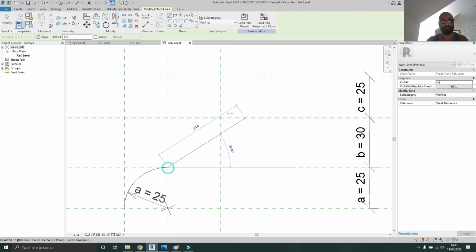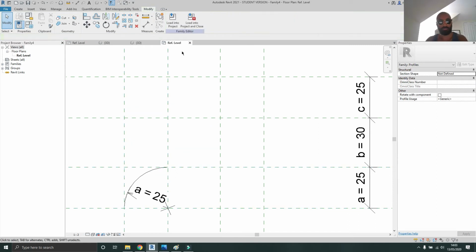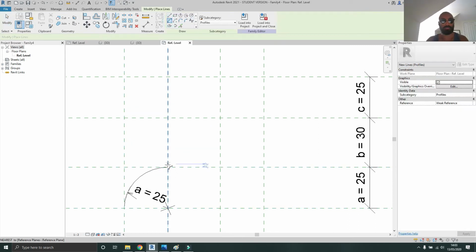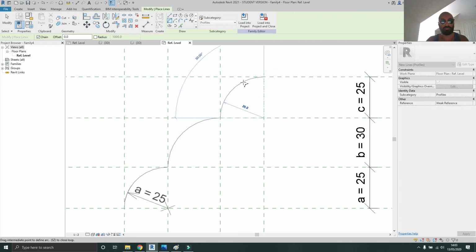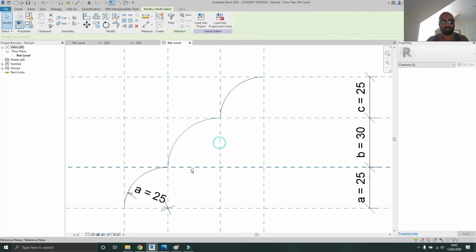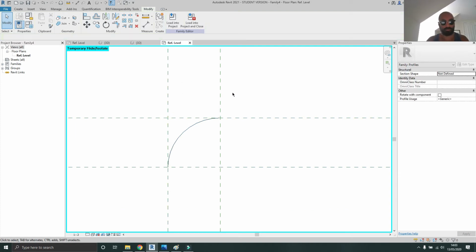LI, LI, and then pick what we want. Same thing. Well, I'm going to press enter to do it again. I'm going to put this one down too, but because we're isolating we don't really need to worry about doing them individually. Type HI to do that, AL for align, that to that and lock, that to that and lock,